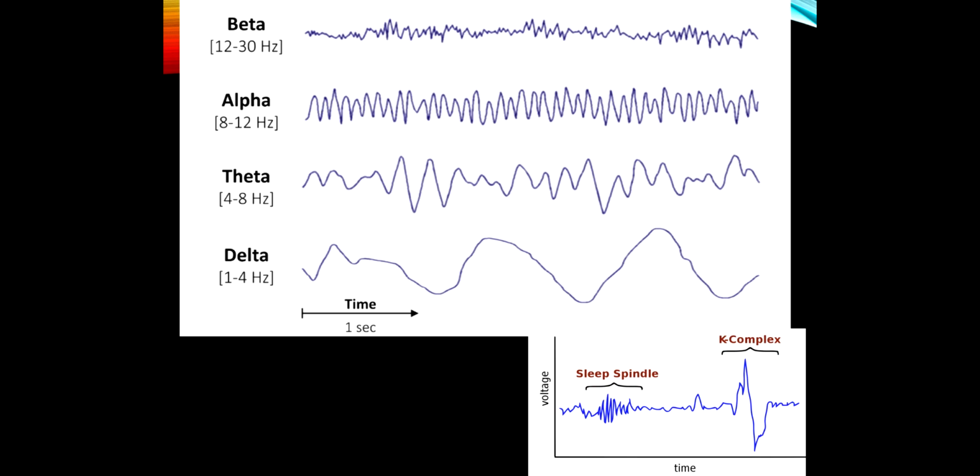Now, I mentioned 2 rhythms we see during stage 2, sleep spindles and K complexes. And so anytime we do an EEG, an EEG takes about 45 minutes to an hour, and someone is just lying there with their eyes closed. They frequently fall asleep, and so we can tell when someone's in stage 2 sleep by these distinctive patterns. But sleep spindles are the ones I want you to remember. Okay, so that is memory consolidation.